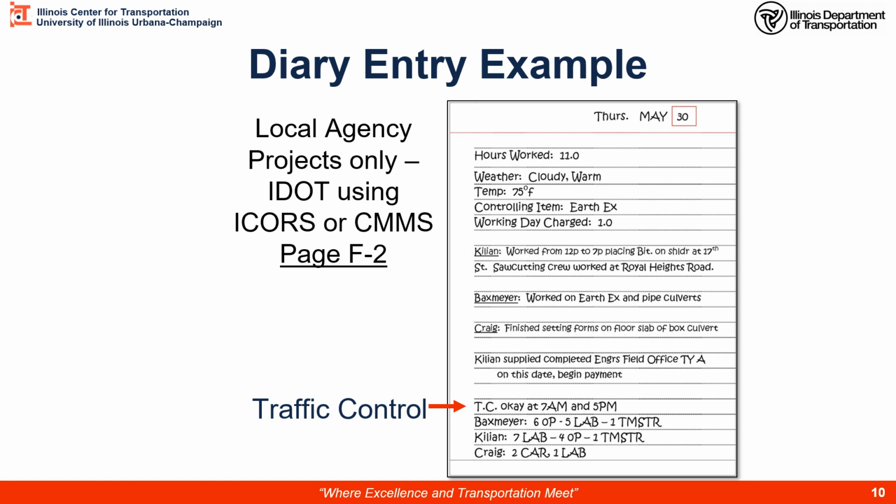Here's an example diary entry using a manual quantity book. You will not have a manual quantity book if using I-Corps or CMMS. Same type of information. Manual quantity books have some additional rules that you can look up in section A. They must be hardbound books, no spiral bind, no 3-ring binders, because what happens if,